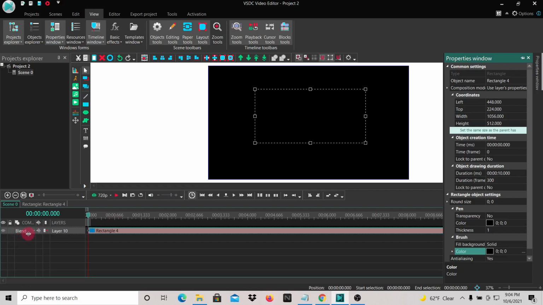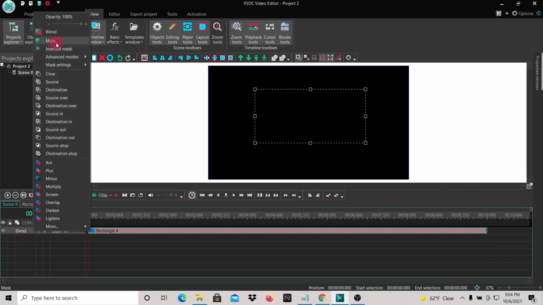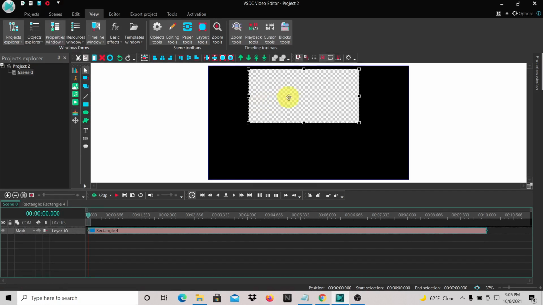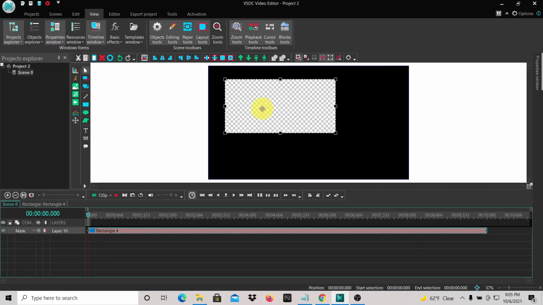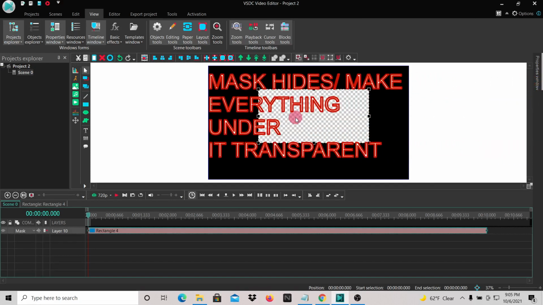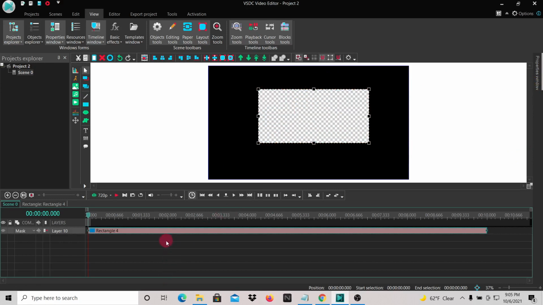So now that we've made our rectangle, our mask, and made it black, what we want to do is come over here to where it says blend, and we're gonna come up to here, and we're gonna see right here where it says mask, we're gonna left click on mask. And what happened is wherever our mask covers is transparent. So what that also means is that if I took something else and put it right underneath my mask,